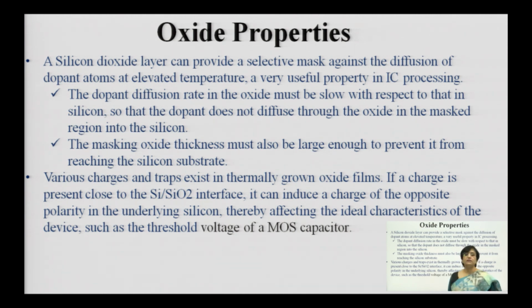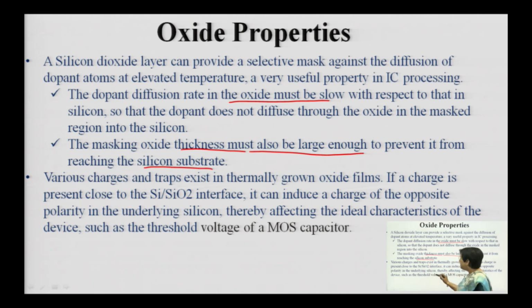You know, oxide is being used as a selective mask for different applications. There are multiple utilities of silicon dioxide. One of the utilities is surface passivation, for field oxide, for different applications. Now, here we are going to see these properties, like you can use it for diffusion, you can control the diffusion rate by making a mask of the oxide layer.